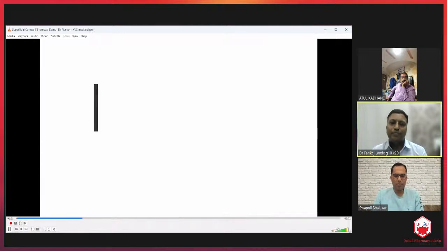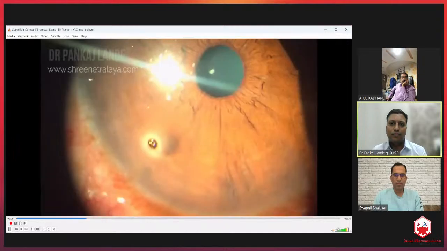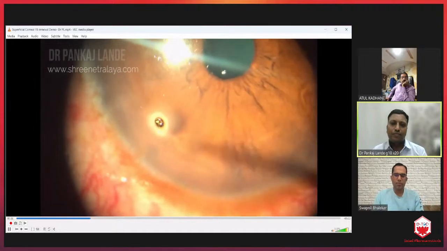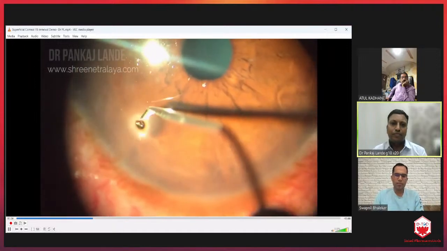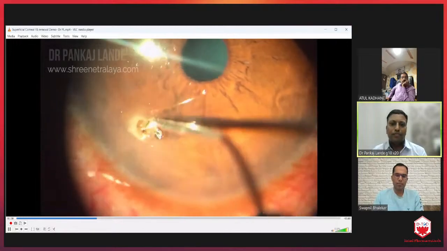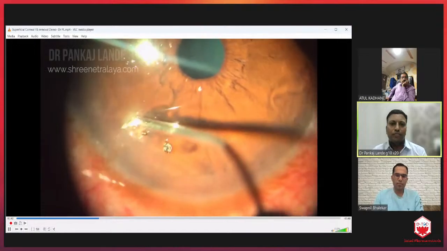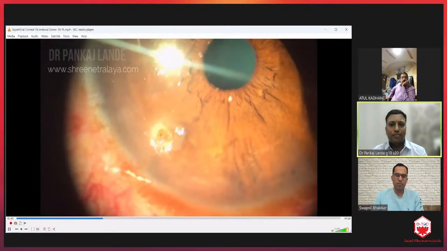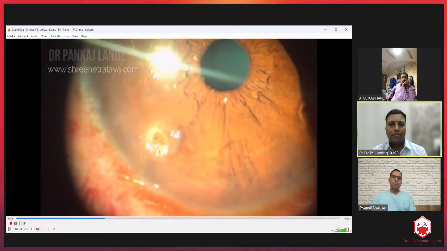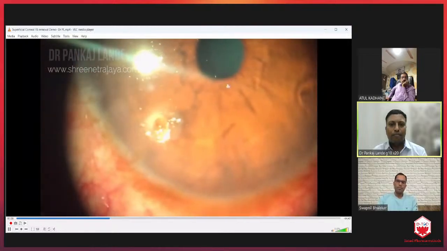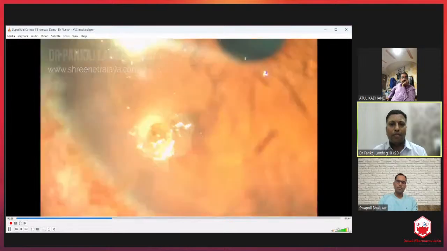In this first case, you can notice the corneal foreign body is there and a whitish reaction is still there, and it can be very easily peeled off as it was there for 2 to 3 days. But due to oxidation, these iron materials get deposited in the center and these should be removed. I am using my 26 gauge needle as a shovel to remove particles from the base of this lesion. This way, I will be able to remove it without leaving any particles behind.